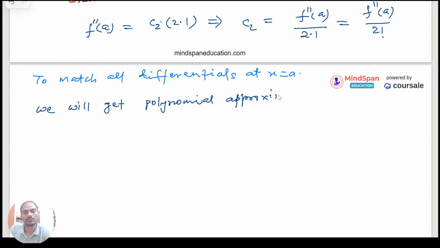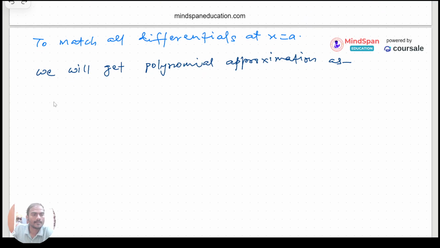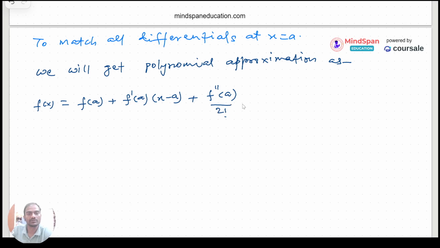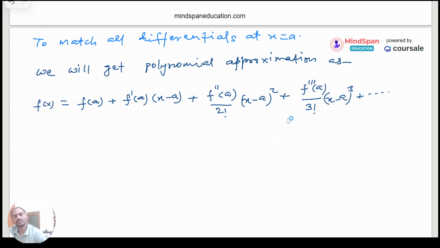approximation as, क्या मिलेगा हमें? We will get f(x) equal to f(a) plus f dash a into (x minus a) plus f double dash a। कंपेयर करके आपको मैंने दिखाया कि ये f double dash a by factorial 2 है इन द लास्ट एक्सप्लेनेशन। उसी तरह से ये फिर आगे जाएगा तो f triple dash a by factorial 3 आएगा, (x minus a) का होल क्यूब आएगा, ऐसे ही इन्फिनिटी तक चलता रहेगा। ये सीरीज हमें मिलेगा।